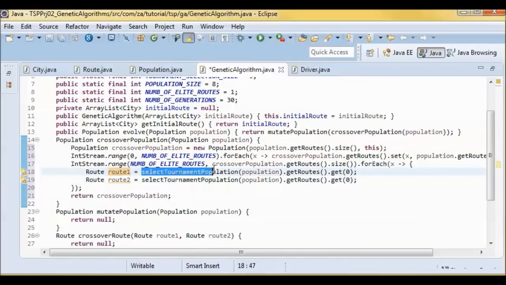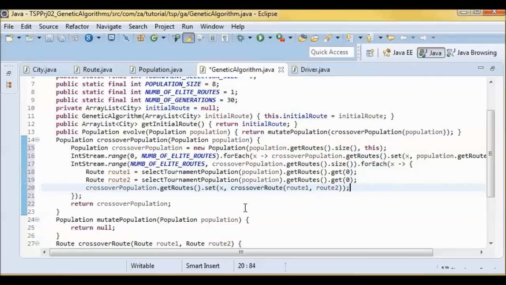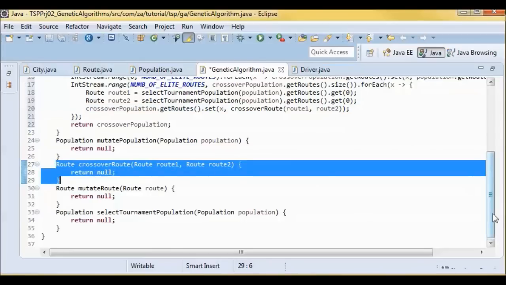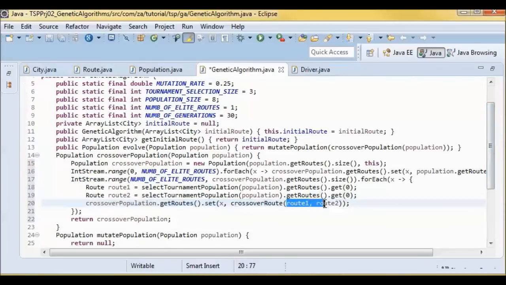So we do select tournament population, and then we pick up route 0 in there, which should be the fittest route, since we are sorting by fitness. And we will call the crossover route method that we haven't coded yet on those two routes, route 1 and route 2, and we obtain a new route that we will set in the crossover population routes.